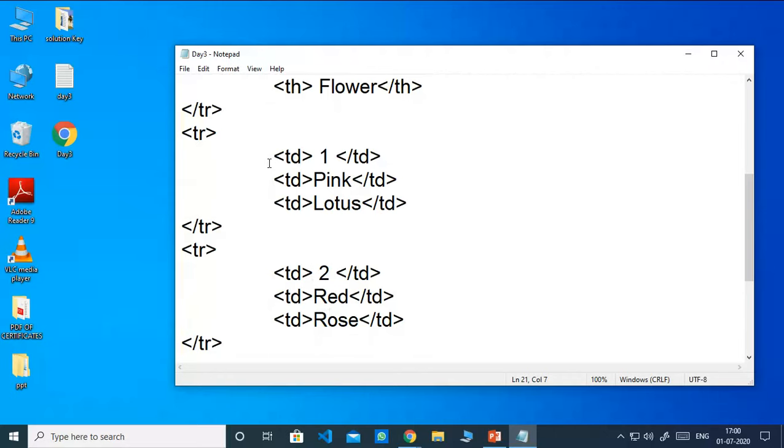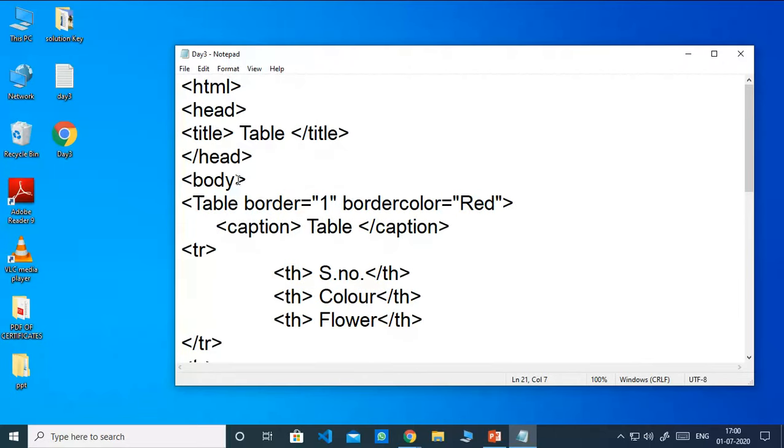Now let us go back and we'll use our first attribute with body. With the body tag, we will use the BG color as you have used many times and you know what the result of it is, but let us use it again and see. Let's say I say aqua.